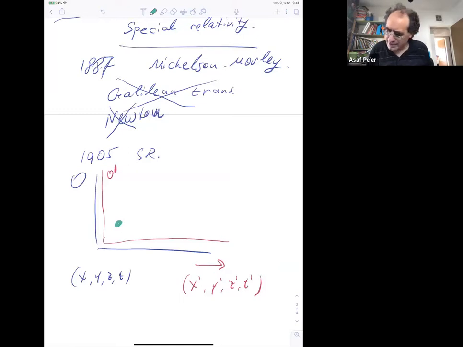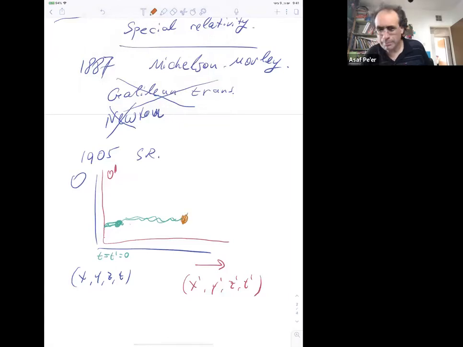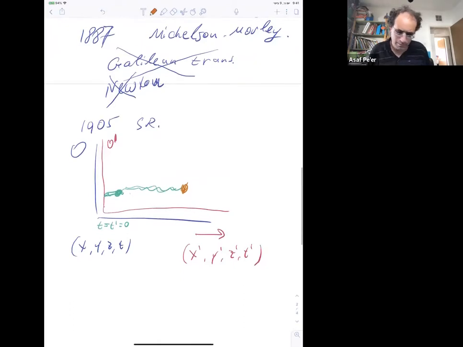So now let's say that this is a lamp, right? So we have some source of light, which, without loss of generality, at t equal t prime equal to 0, a light crest is emitted, right? So after some time t, this is an event. A light was emitted. A second event, the crest of the light reached some point, right? So at time t,